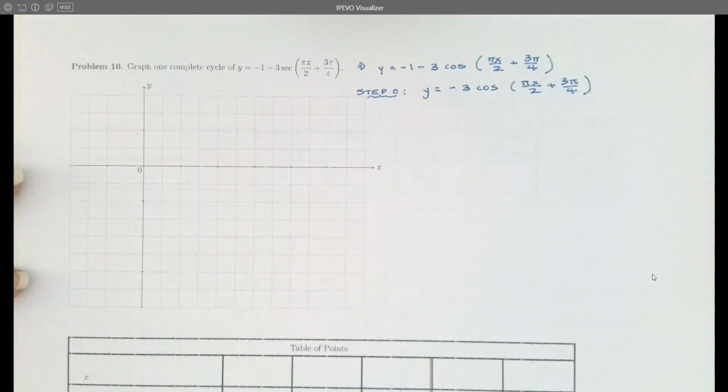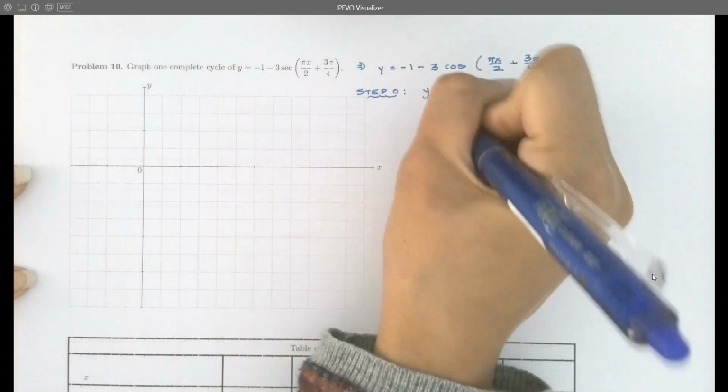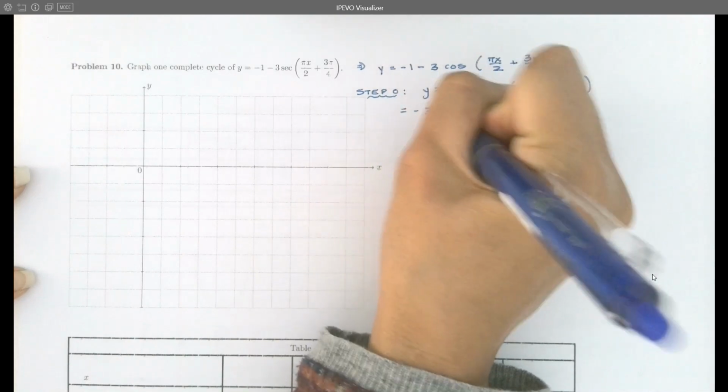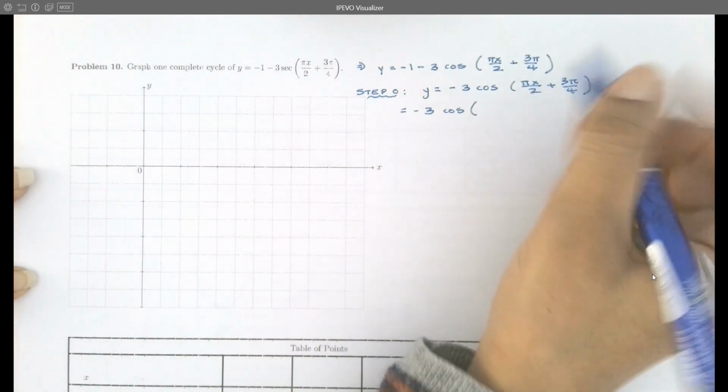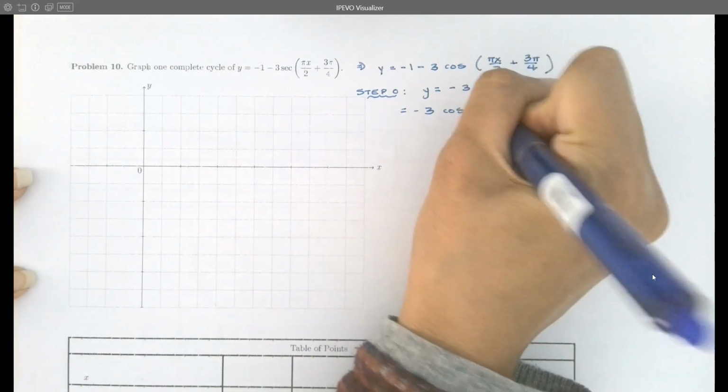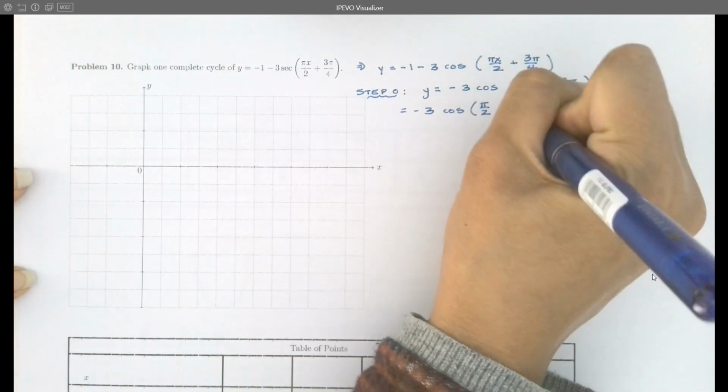And then we do want to pull out the coefficient of x so that we're able to replace the x minus or plus a constant by theta. So if we do that here, we're going to end up with negative 3 times cosine of, the coefficient of x is this pi over 2, so we're going to pull it out, pi over 2 times x plus,